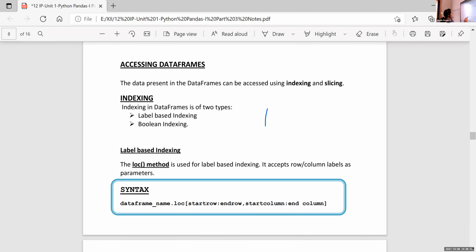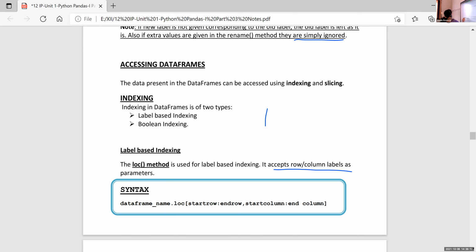Here it accepts row or column labels as parameter. The syntax of this is data frame name dot loc within square brackets. First write the start row, then write the end row.